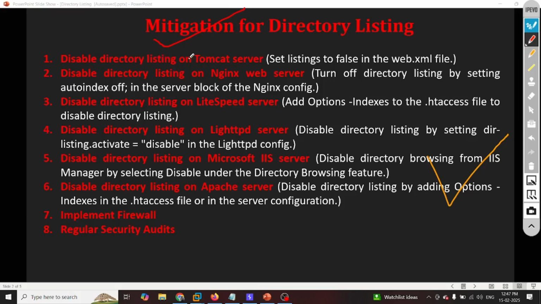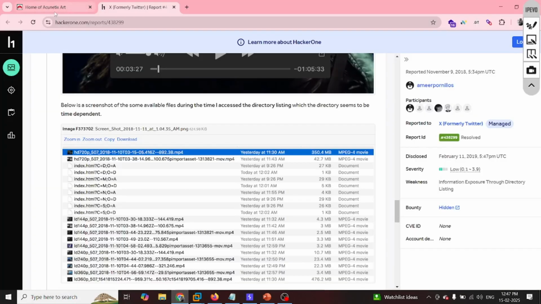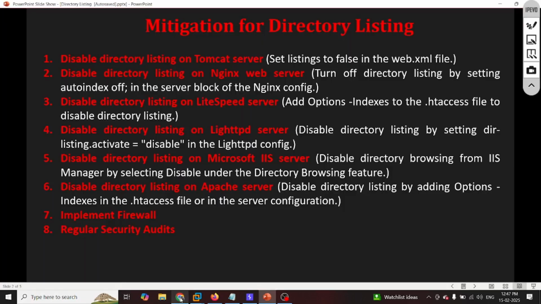Suppose you are working on a website. Let's take an example over here. When I say that I am going to work on this PHP application, I should know what server version this application is using. Once I have the understanding that this is the version being used by the application, based on the version we would be recommending the mitigation.